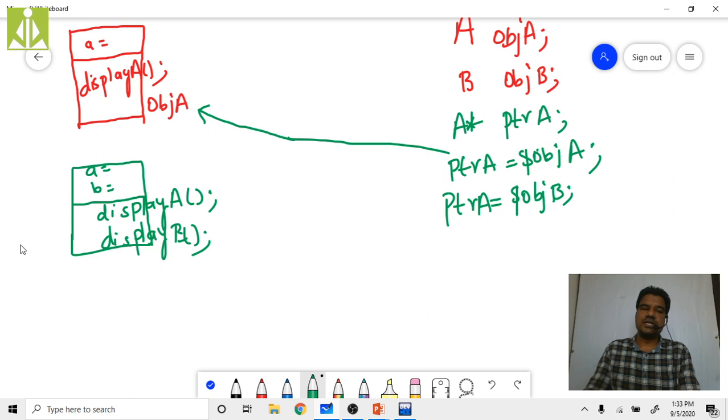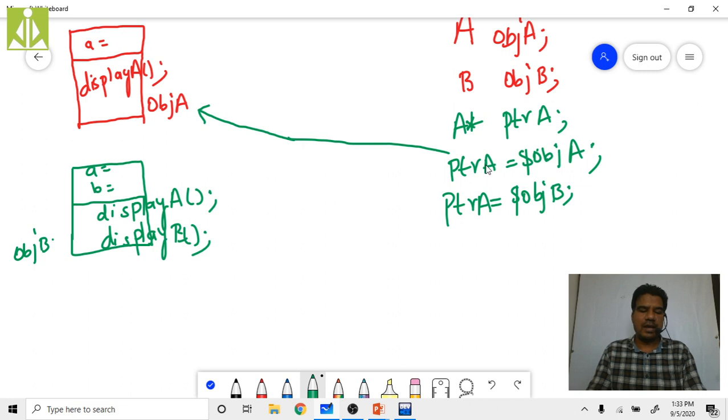This is your B object, isn't it? This is obj B. You can access only these data members. This A and display A you can access using this ptr A. Now we will see in detail what data members we can access and what data members we can't.